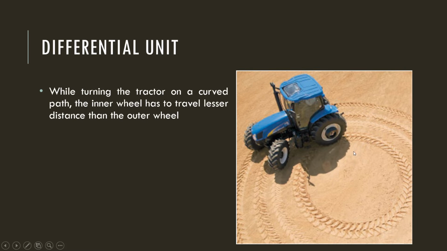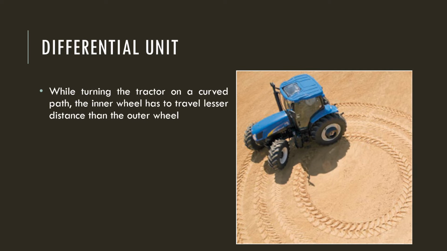That means the outer wheel has to travel a lot more than the inner wheel. When the inner wheel has to travel a small distance when taking a turn, the outer will have to travel faster to cover the same turn at the same time. So the speed has to be adjusted between the inner wheel and the outer wheel when a tractor takes a turn. In that case, we require a differential because when we are giving power to